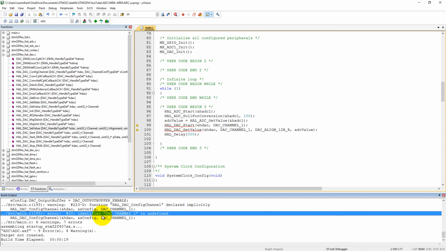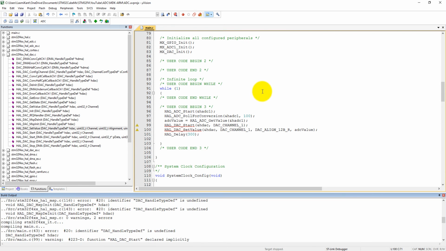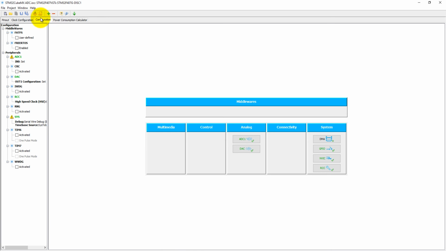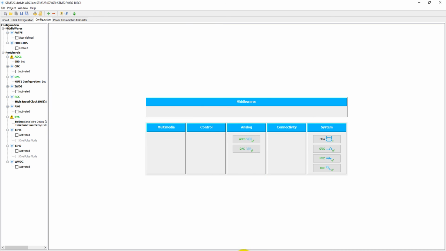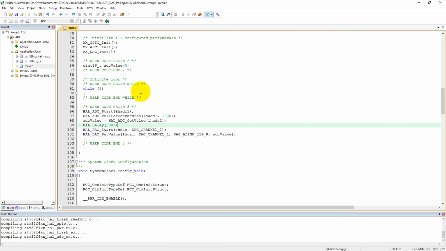I think something is wrong here, and I didn't get some header files or the DAC handle. So we can regenerate the code and it will fix that problem. Just close it and update. Fine, so now let's wait for a few seconds. It will compile it and then we can test our code directly in debug mode.